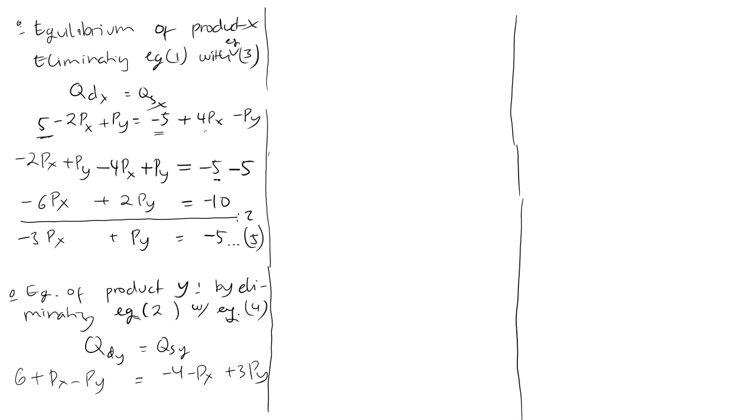And then again, like the previous one, we collect all the Px's and Py's, so that Px minus Py stays on the left side, and then the minus Px plus 3Py on the right goes to the left, so it becomes plus Px minus 3Py, and this minus 4 stays on the right side, plus 6 on the left side goes here and becomes minus 6. Then